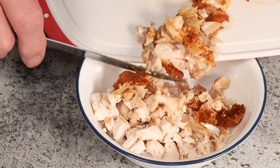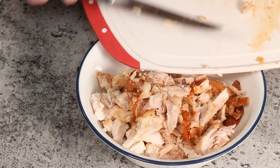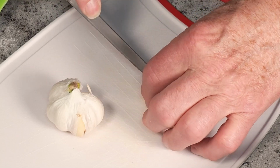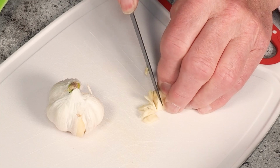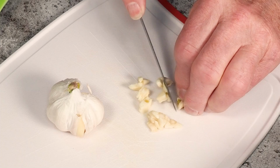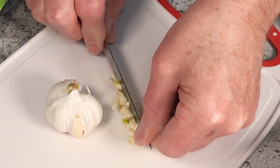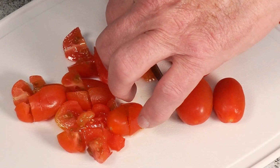About a cup. Chop up 2 cloves of garlic. A half cup of cherry tomatoes,